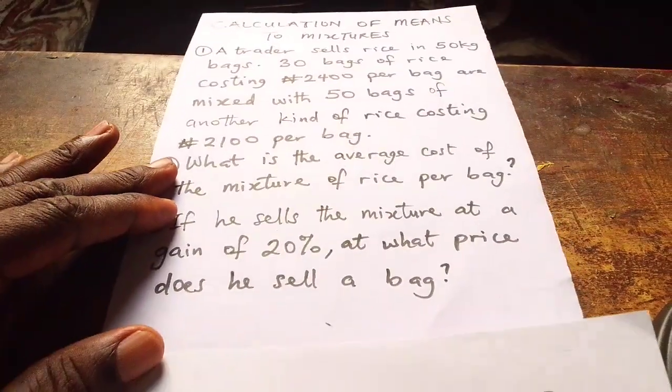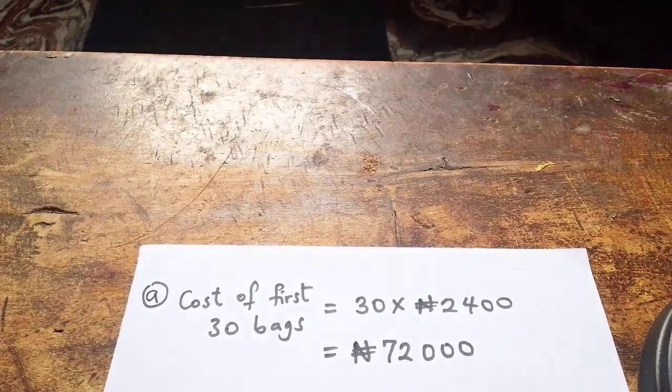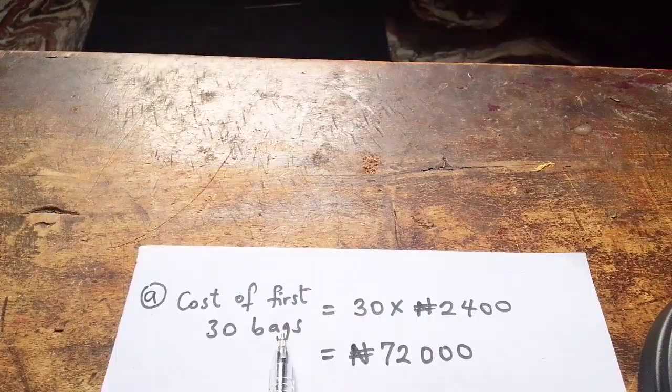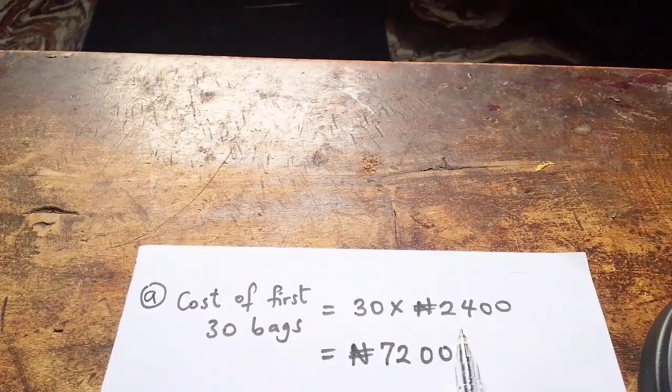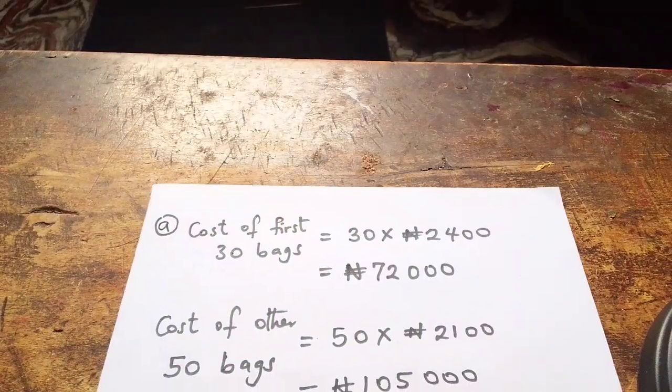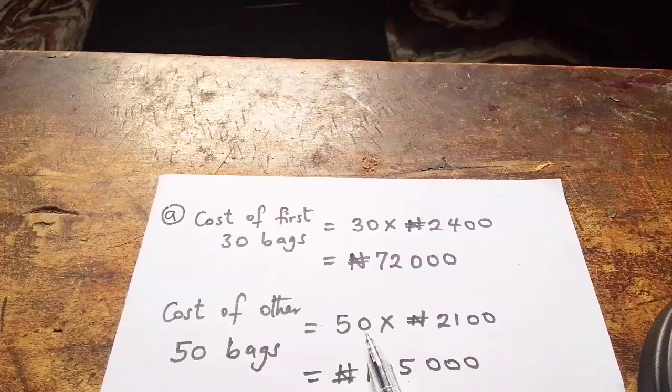First of all, for A, you have cost. We want to look for the cost of the first 30 bags. You know the first 30 bags cost 2,400 naira each, so the total cost of all the 30 bags is 30 times 2,400 naira, which is 72,000 naira. Now we have another set of 50 bags costing 2,100 naira. To know the total cost of that, you multiply 2,100 naira by 50. You will get